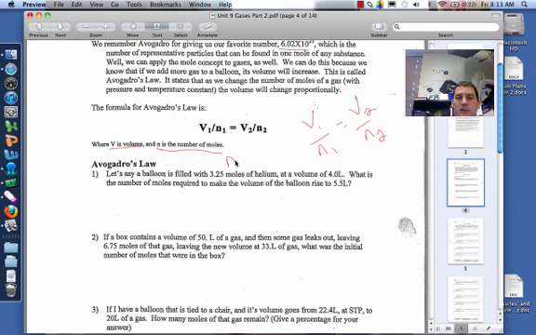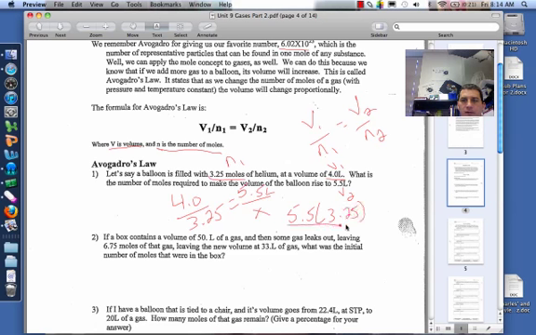So that's our N1 because it's 3.52 moles. That's going to be our V1 because that's volume, it's in liters, and we have our V2. So we're going to solve for N2. So now let's plug it into the equation. Volume goes on top, so we got 4 liters over 3.25 moles equals 5.5 liters over X. So you multiply 5.5 times